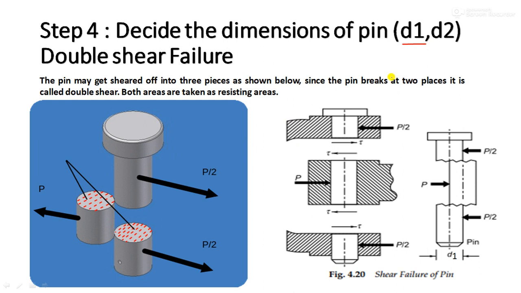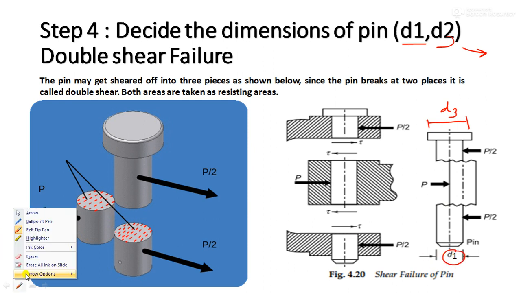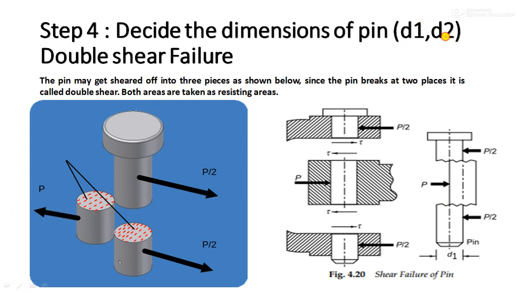D1 is nothing but the diameter of the pin, and basically it is not D2, it is D3. What is D3? D3 is the diameter of the pin head. This is the diameter, right? This is D3, and D1 we have already understood, right? So now, as I said in the last video, let me erase this, let me write this 3,